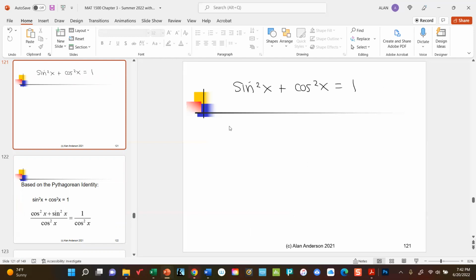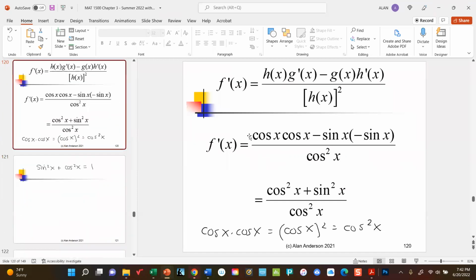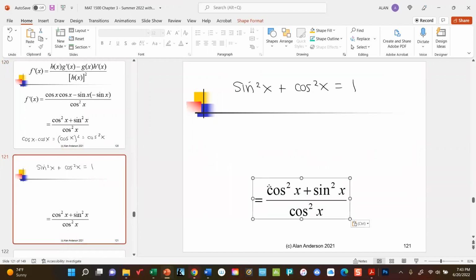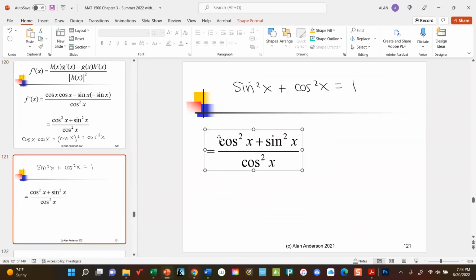That, as you'll see, is going to be a huge deal here. So if that's the case, we can plainly see that we end up with this expression is nothing but